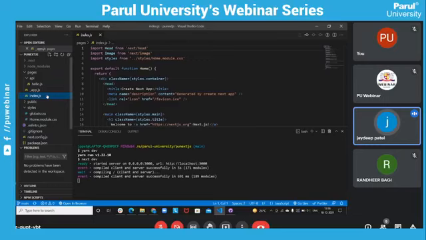But in Next.js, they gave us a pages system. So this one is the index.js. I delete all the code and I'll show you how it works.